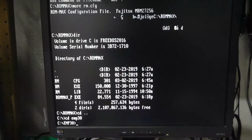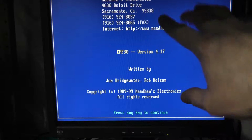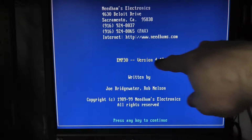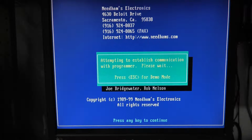CD EMP-30, EMP-30, and again, this is version 4.17 of the DOS software. I might show the Windows version for this as well, but the latest DOS is 4.18. And I think there might be differences in chip support depending on whether you're running DOS or Windows. I would assume that the latest Windows has all the chips that it supports, but let's go ahead and hit enter. It's trying to communicate with the device,